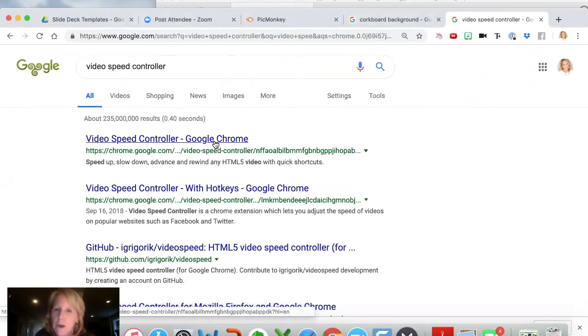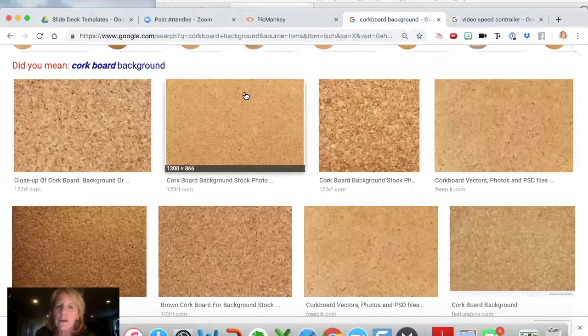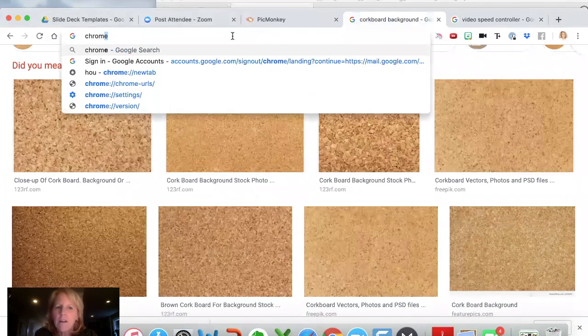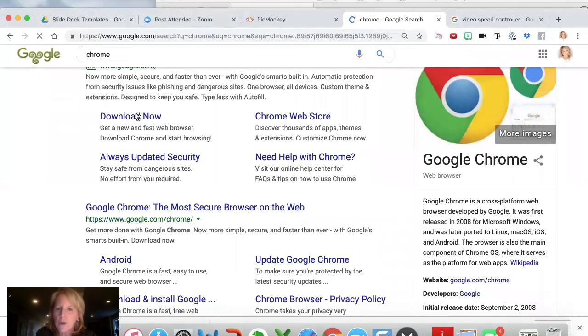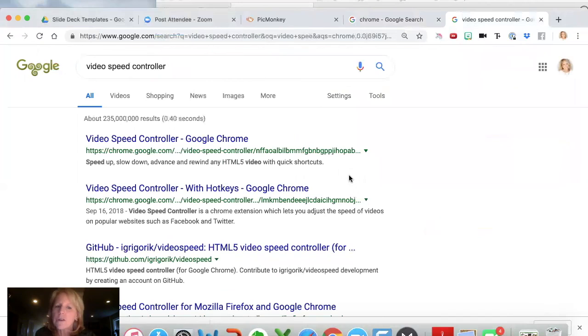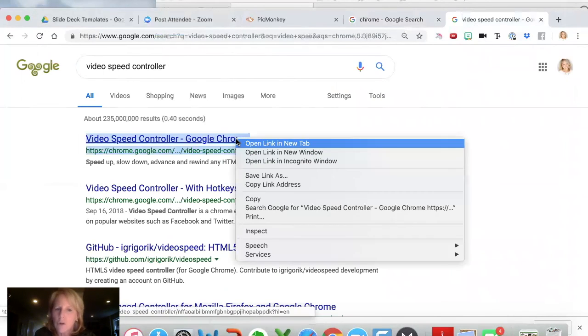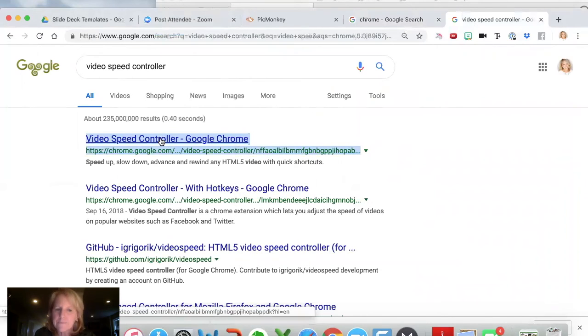So if you don't have a Chrome browser, Google the Chrome browser and download it. Then once you have it, you go to this Video Speed Controller link, and make sure it's the right one.